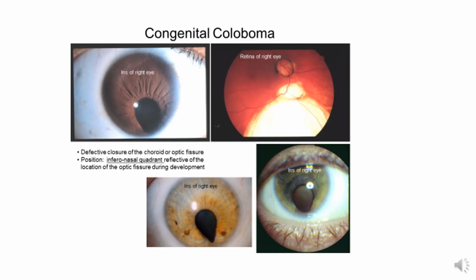Congenital coloboma is the presence of a cleft in the iris, ciliary body or retina. It is known as coloboma. This anomaly results from defective closure of the choroid fissure. Most commonly, the defect is restricted to the inferior part of the iris only, called coloboma iridis. Colobomas may be caused by genetic or environmental influences.